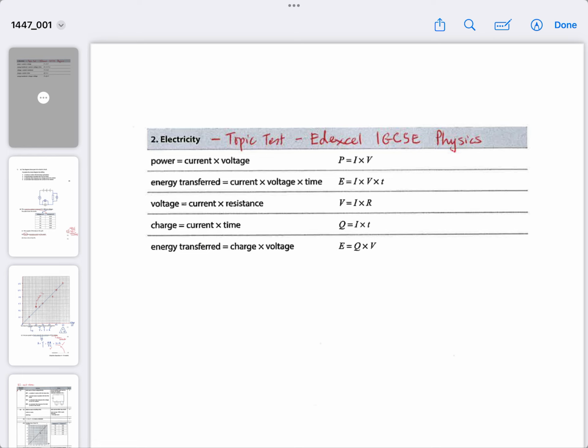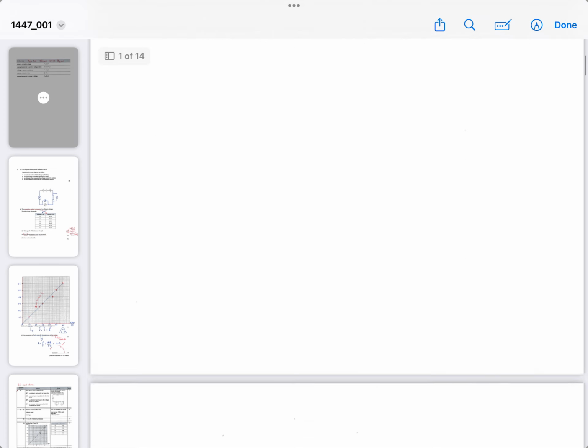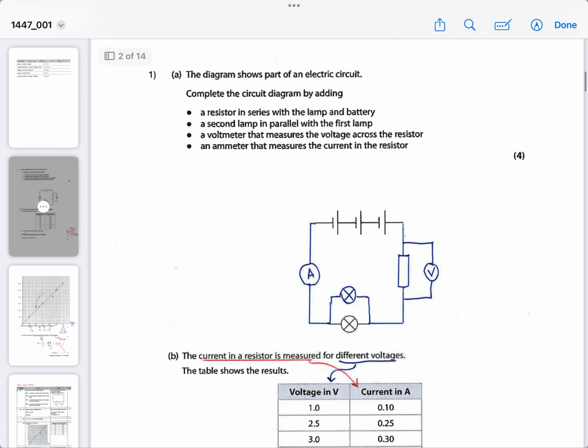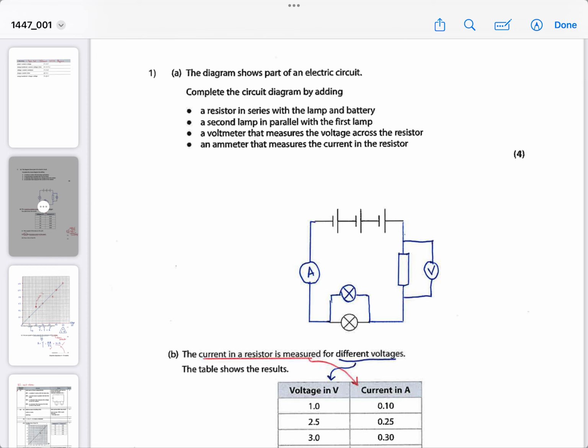And then you need to know which units to use for each one. Power is watts, current is amps, voltage is volts, time is in seconds, charge is in coulombs, and energy is in joules. Okay, so that takes us through the units, and we put this test together for students to practice electricity questions, and the first one wants you to draw a circuit diagram. So they gave you just the battery, the 3 cells at the top, and one of the bulbs at the bottom, and then they ask you to